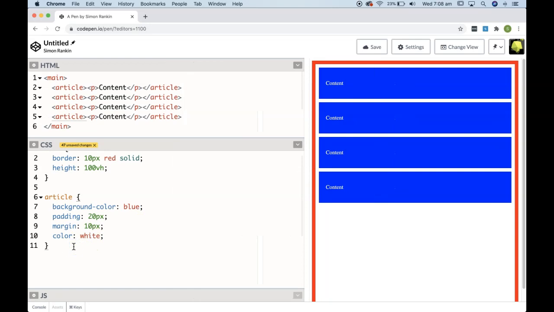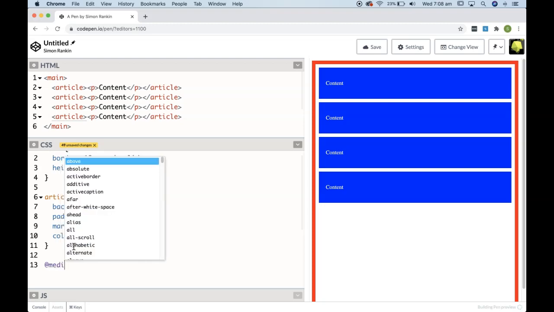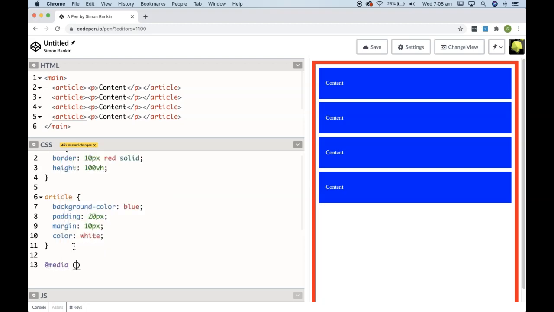So let's add a media query to check for that. So we'll add media and we'll check for a minimum width